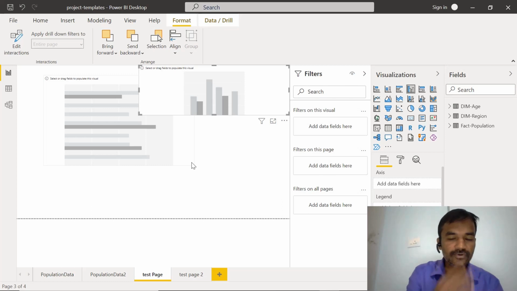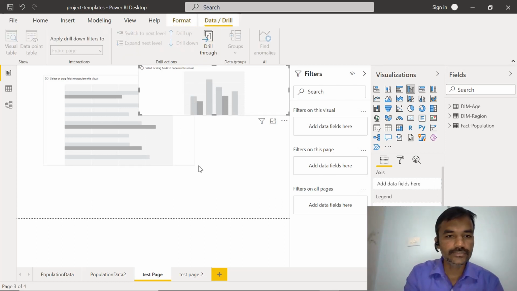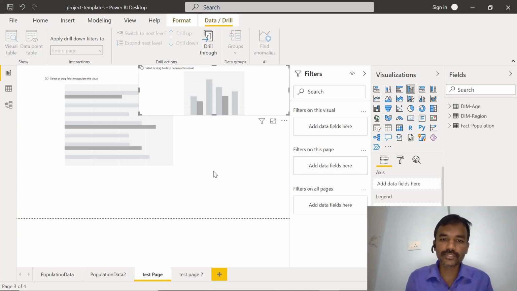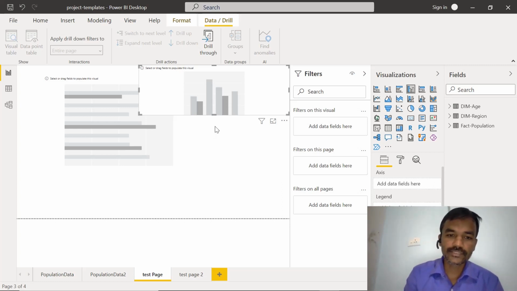Now the other thing which I wanted to show you is the data drill. Data drill is a more advanced thing which we are going to see practically, where we are just going from one level to another level. Like suppose the data is country, state or city, then we can drill the data from country to state to city, like this. On a detail level we can see the data. That is based on the hierarchies, and we will see that in a practical way in another video. But just to understand this concept, that is drill through or data drill options.